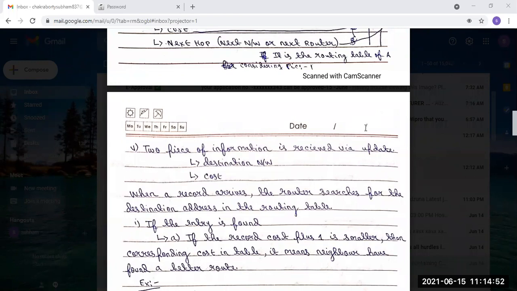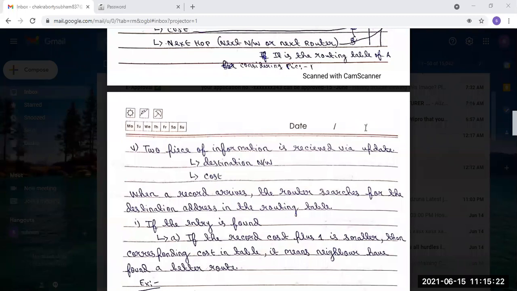In that case, there will be no next hop. A routing table has 3 pieces of information, but when it receives an update, it will be 2 pieces of information: destination network and cost. We will receive only these 2 pieces of information, with no next hop.